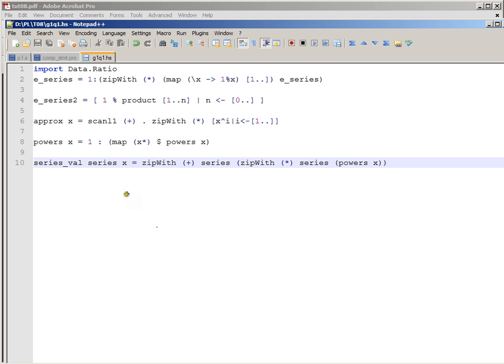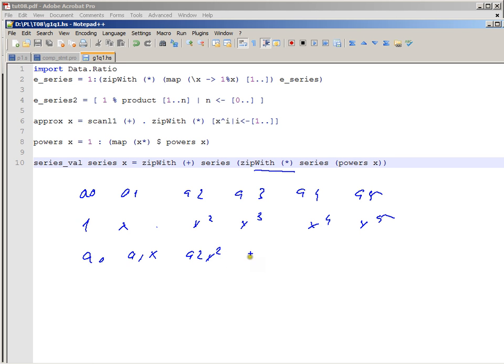Then if I have the series, I have A0, A1, A2, A3, A4, A5, let's say, and then I have 1, x, x squared, x cubed, x to the fourth, x to the fifth. So this guy multiplies, right? So I'm going to have A0, A1x, A2x squared, A3 x cubed, A4 x to the fourth, and then